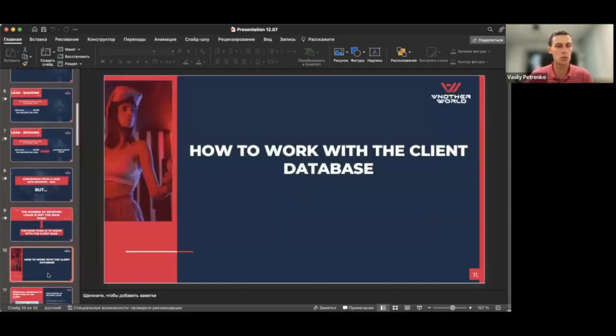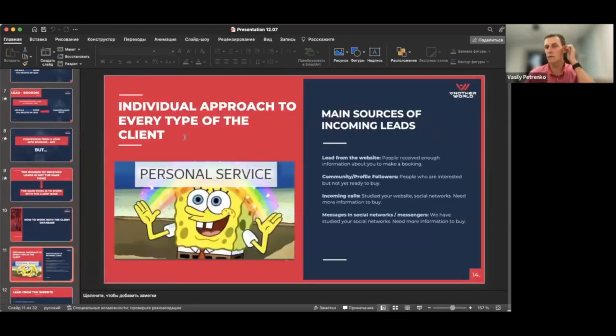So how to work with the client base? First of all, it depends on where the client came from. Remember at the beginning we were talking about the sources of clients. The main sources were the website, your followers, incoming calls, and messages in social networks. There should be a different approach to every type of client, even at this stage. Why is that?